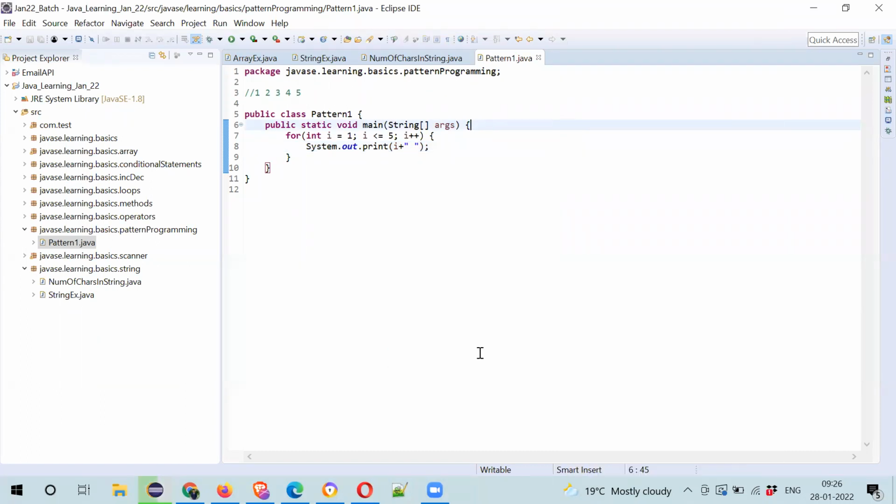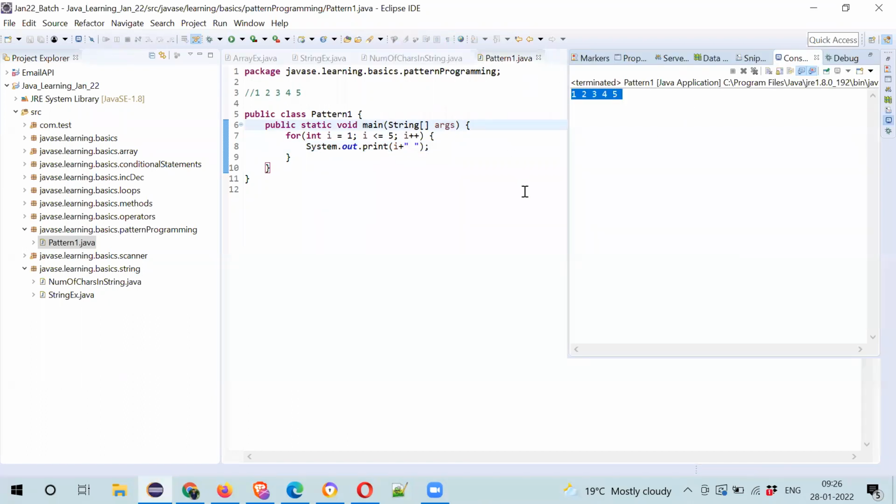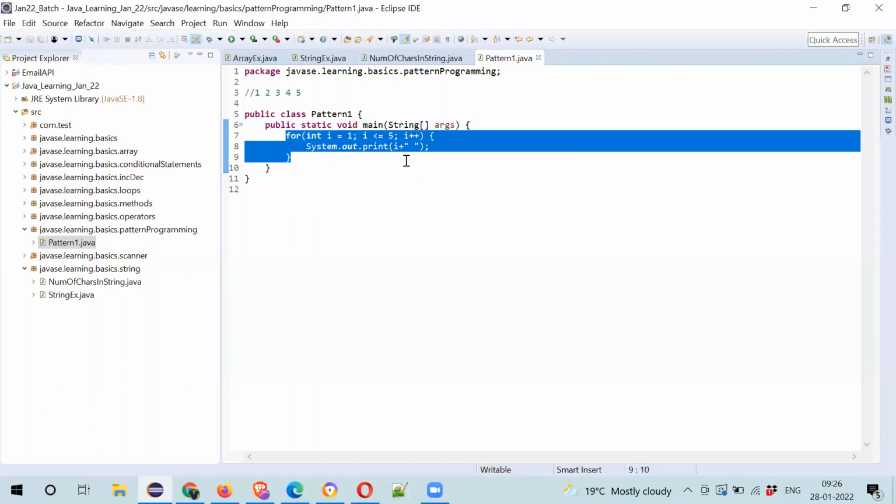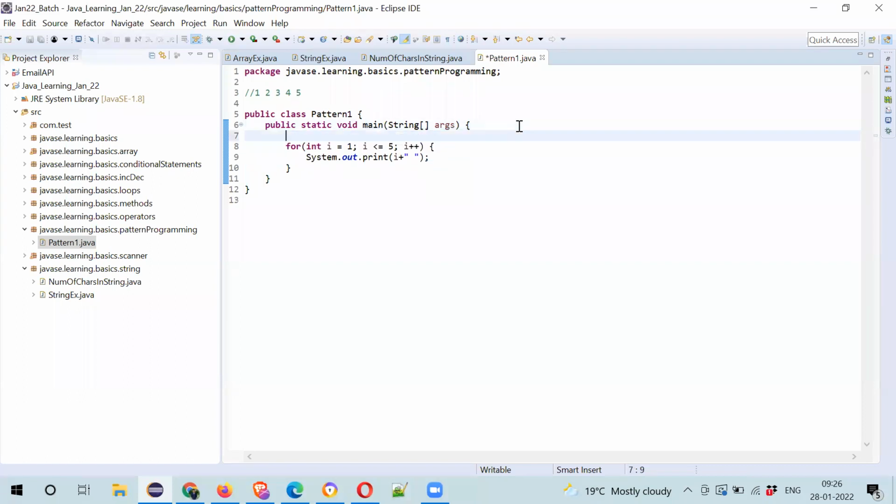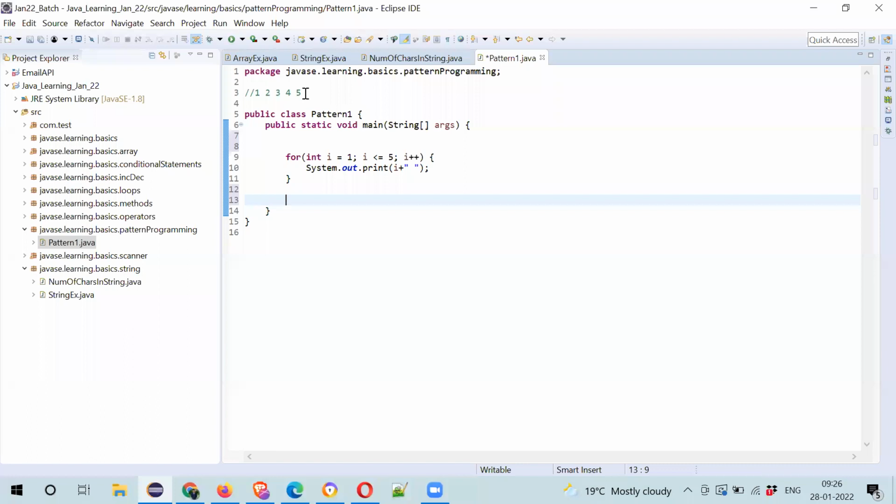Now check it. 1, 2, 3, 4, 5. It is printing with the spaces. Now this is proper. This logic is giving 1, 2, 3, 4, 5 with the spaces in a single row. This is the logic for it. That's true. Now, my question is, I would like to